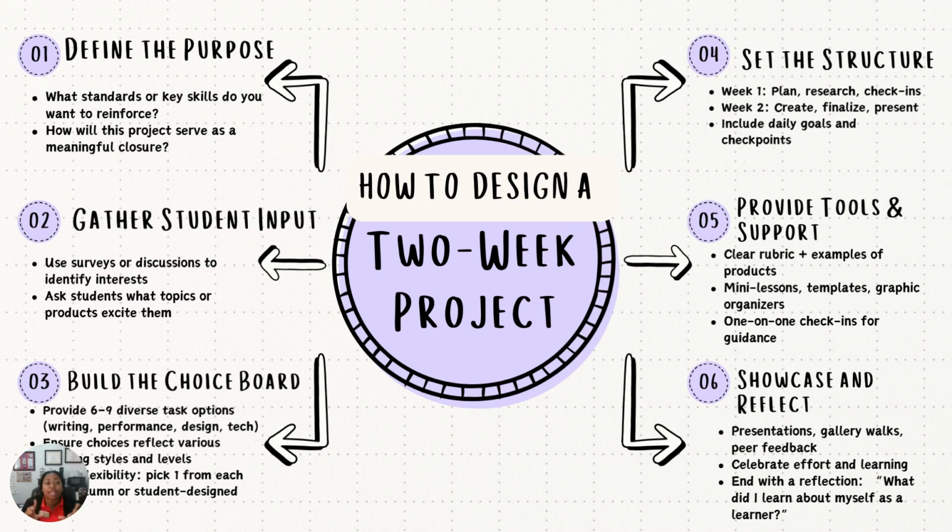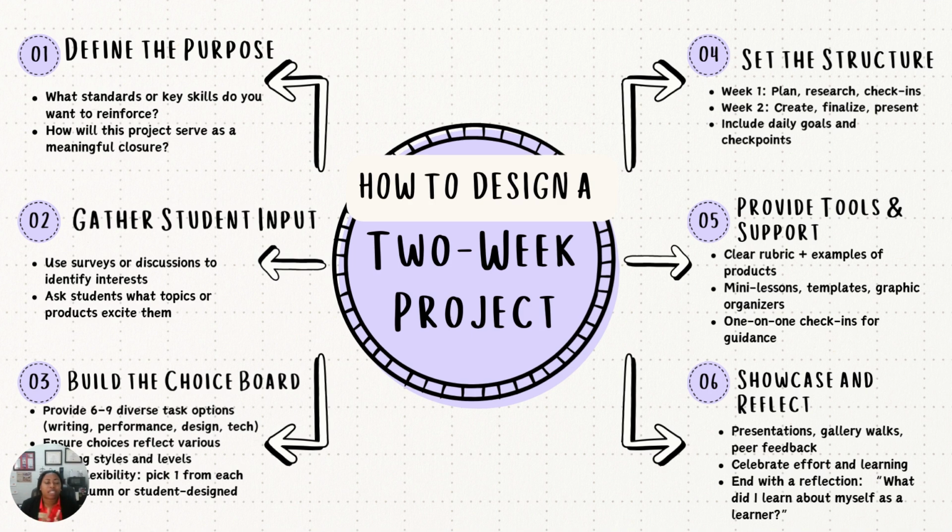Also, it's a good time to look at vertical alignment. How can you put some of these standards into place as they're going to the next class or next course? What are some things I can throw in this cumulative project that only encompasses what we talked about this semester and within this course, but what they might experience when they go to the next course? So look at your vertical alignment that we did back in the semester and figure out those pinpoints of where you can actually move students forward and give them some type of enrichment.